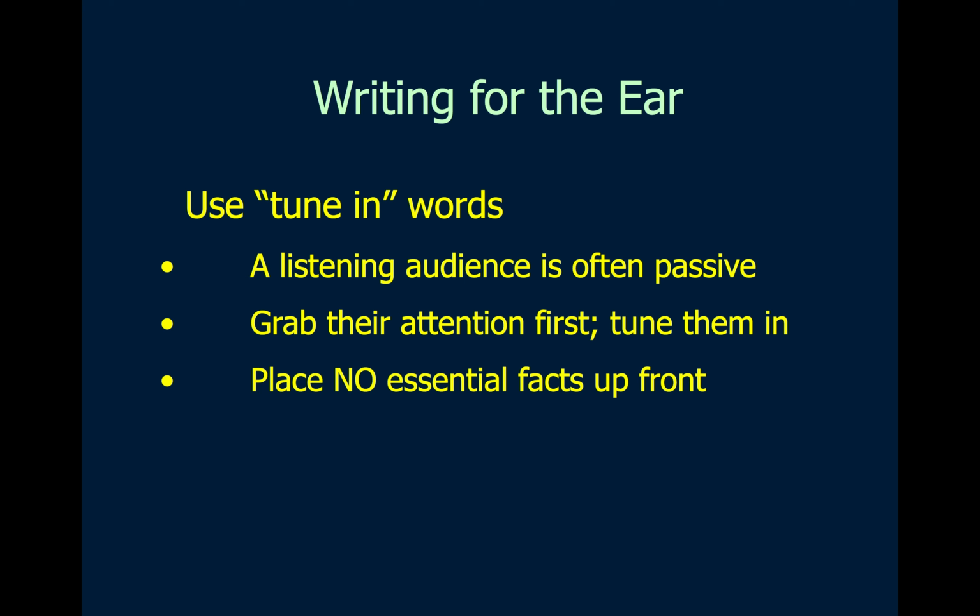To get me to become an active listener, you need to use some tune-in words that get me to pay attention to what you're going to say. How we do this is you don't put any essential facts up front. So, for example, if I were to say, hey, you want to win a pair of tickets to Lollapalooza? Give me a call at 482-9585. I just got you to tune in by saying, do you want to win a pair of tickets? If I said 482-9585, the next caller wins a pair of tickets, by the time you hear the words wins a pair of tickets, which is our tune-in, I've already given the number, and it's too late. You won't be able to participate.